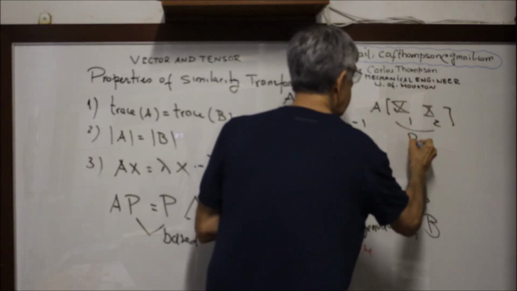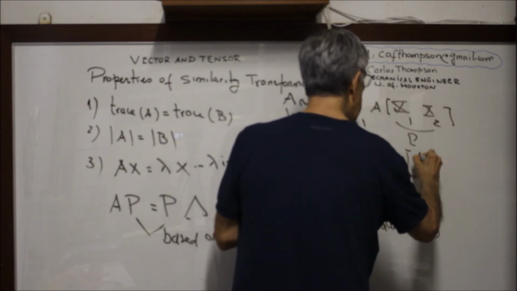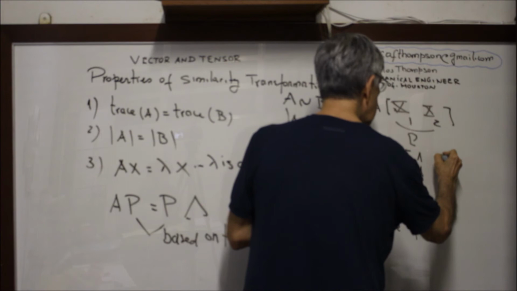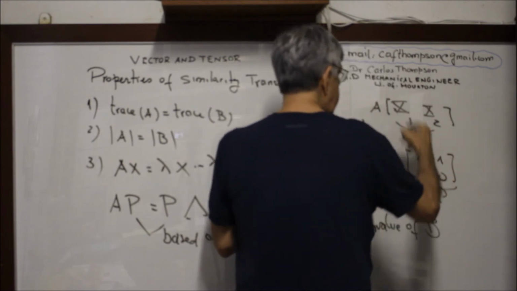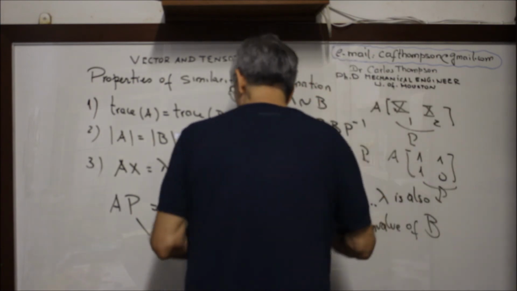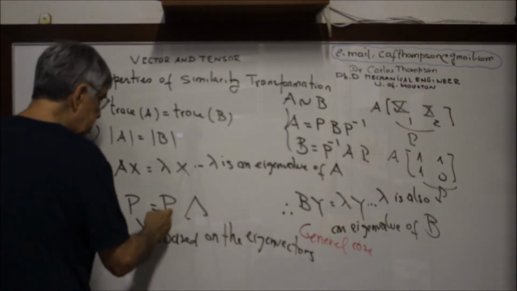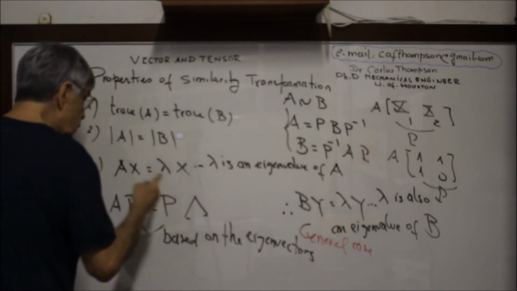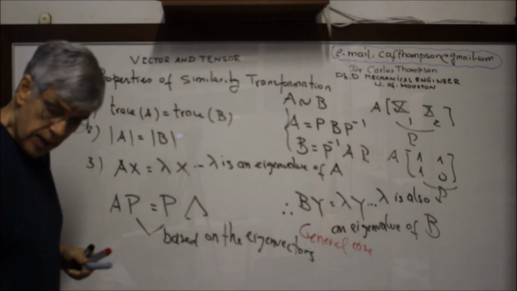This is P, okay? Look, what is x1? Remember, 1, 1. x2 is 1, 0. This is P. These are eigenvectors. So, if P is the eigenvectors, A P is P capital lambda. So we conclude here that